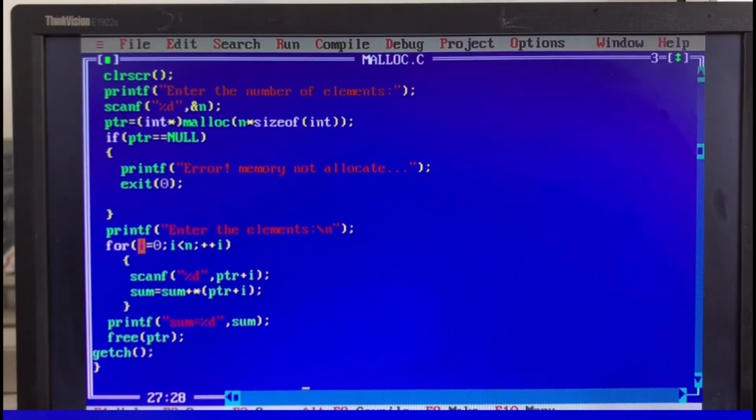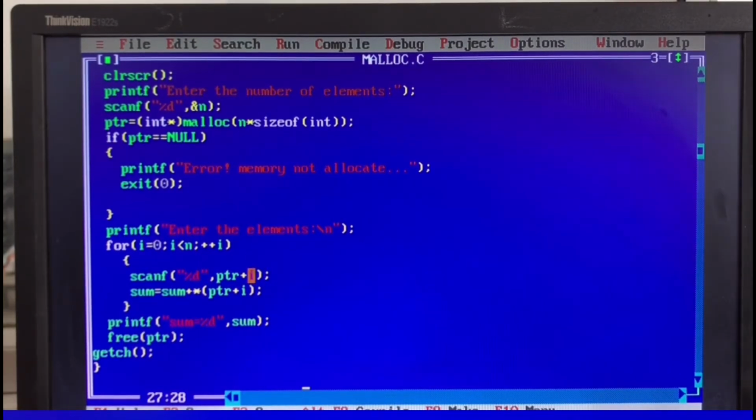This is the loop for entering the numbers. It starts from i equal to 0 and repeats up to n. Then enter the elements at ptr plus i, which means pointer plus i.